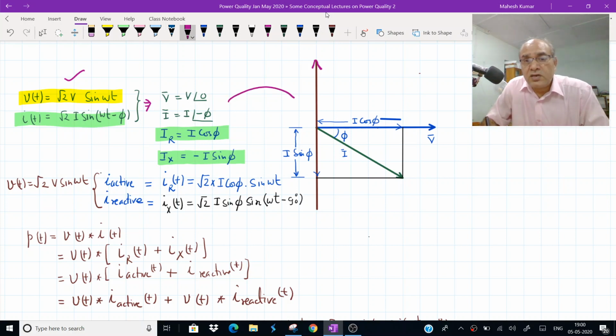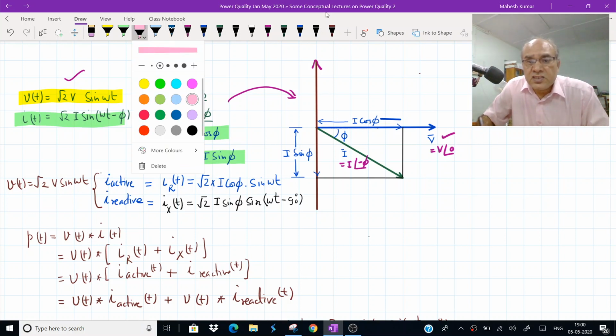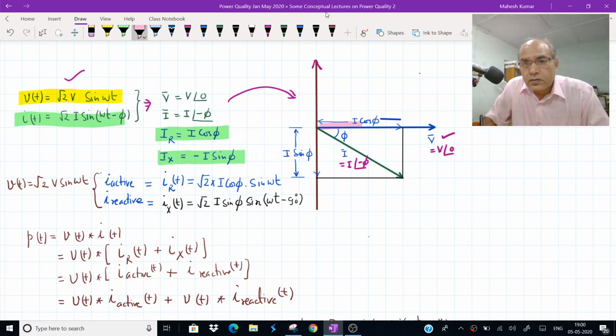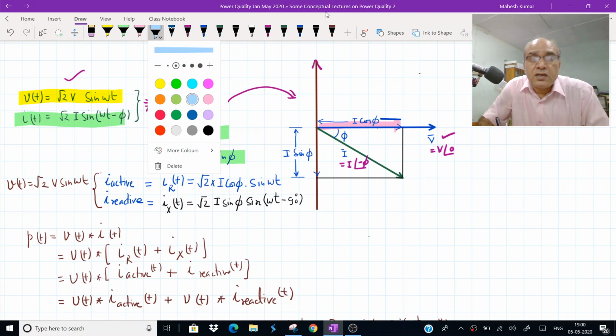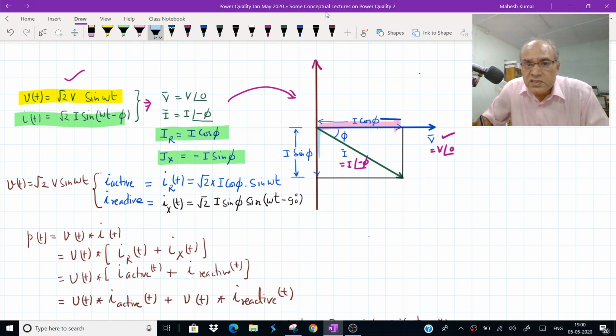And this is how we denote in terms of the phasor diagram, that we have a V here which has a magnitude V and angle of 0 here, and we have a current which has a magnitude of I, angle of minus phi. Okay, so the current lags the voltage. Now this I has two components. The one is the real component. If you see it here, this is the real component. Okay, then we have an imaginary component which is here. This is imaginary component.